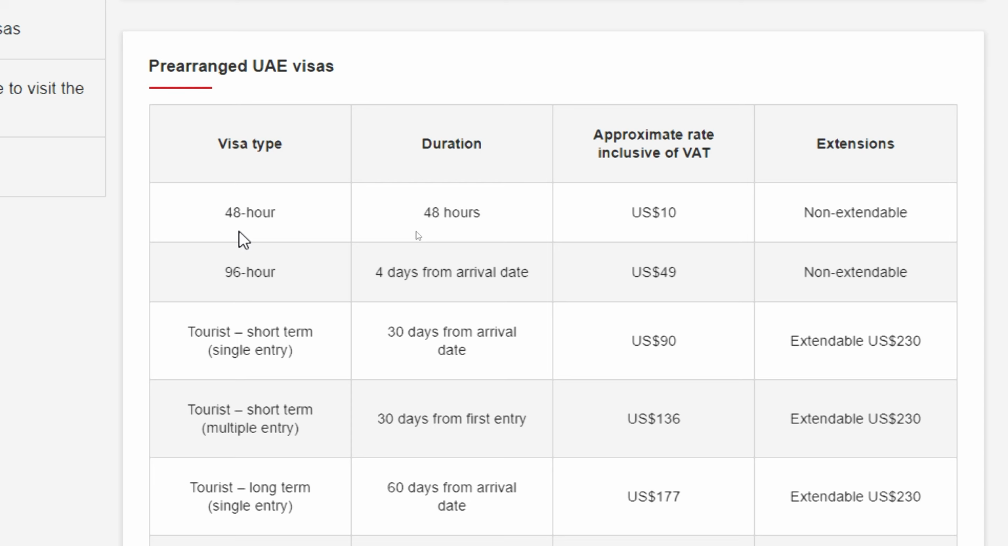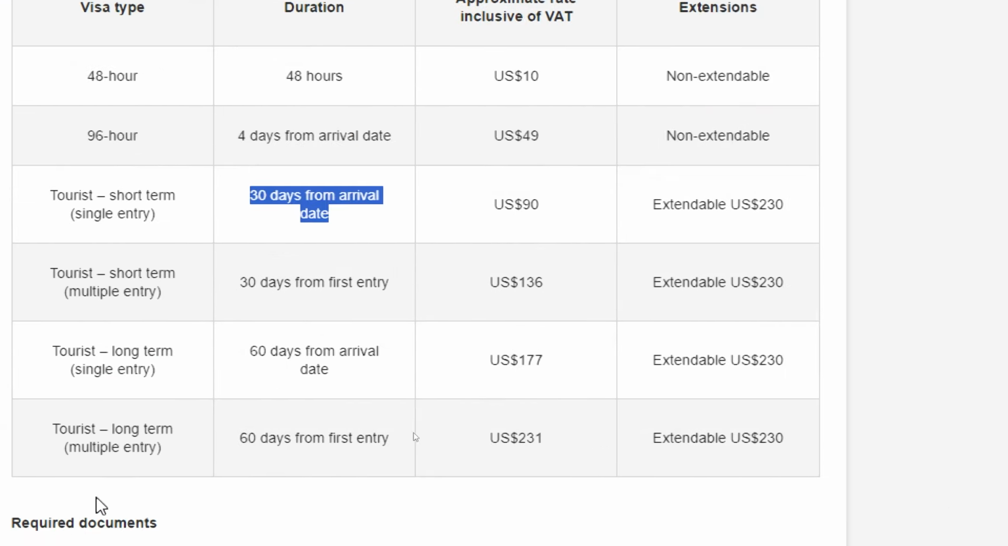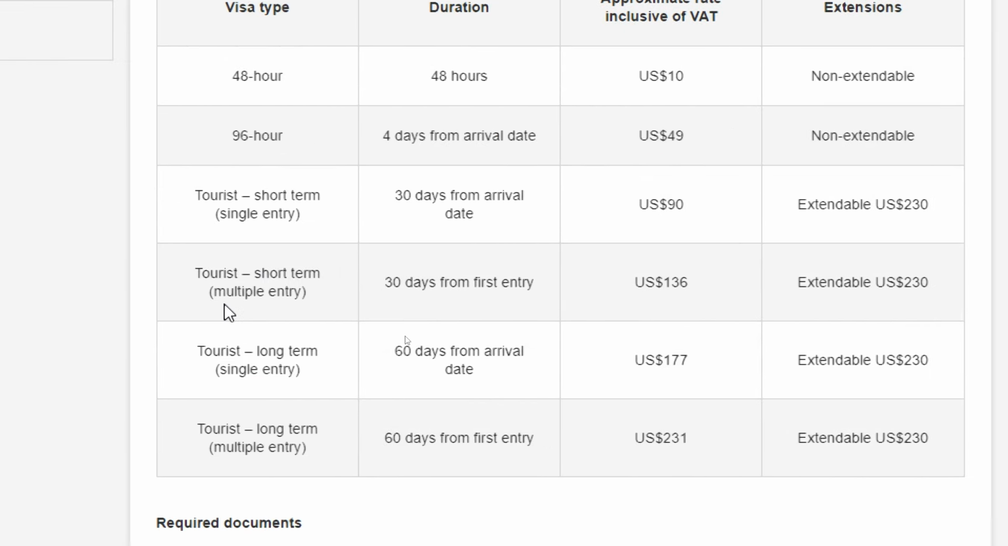You have the tourist short term, which is 30 days from arrival date, which is a month. It will cost you around $90, and in case you'd like to extend it, you can extend it for 230. There is tourist short term multiple entry, which is the same thing, 30 days, but you're not going to stay in the country for all of this 30 days. For example, you are going to stay 5 days and then go back to another country and then come back for another 5 days until you complete the 30 days in total. So in that case, you are going for the tourist short-term multiple entry, which is around 136,